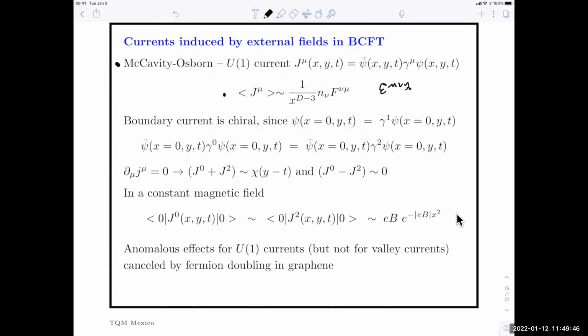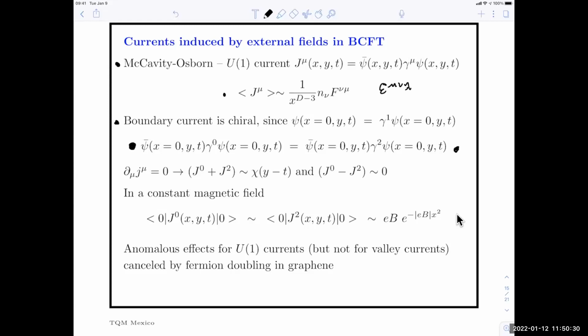So if we go down to 3 dimensions, the first actual interesting part about 3 dimensions is if we look at the theory on the edge, that is, we impose the boundary condition. With that boundary condition, because the Dirac matrices are 2 by 2, it turns out that the charge density, which is here, when evaluated at the edge, has to actually be equal to the current density along the edge. So in a sense, the boundary condition forces a boundary current to be chiral.